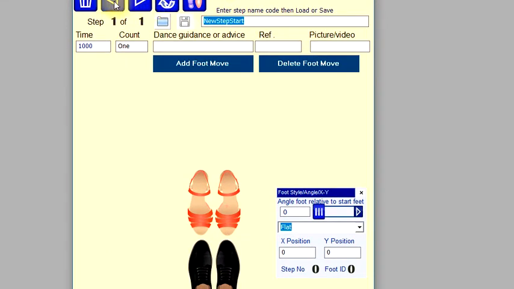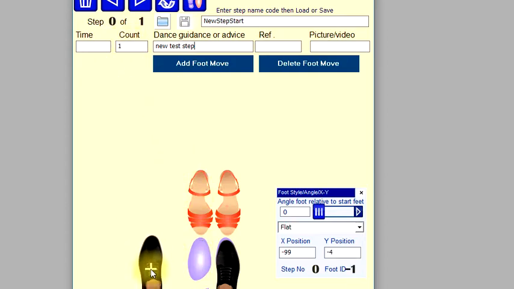And we actually want to start with 0. So the step 0 is where we can actually write in starting stance. You can put in the name of the step here, new test step. So that just appears at the top of the screen, which when the dance is on to say what the step is. And what we can do on this screen is if we move the photo out of the way,